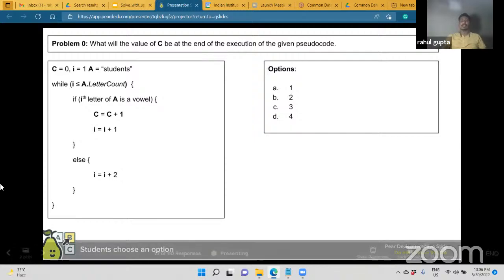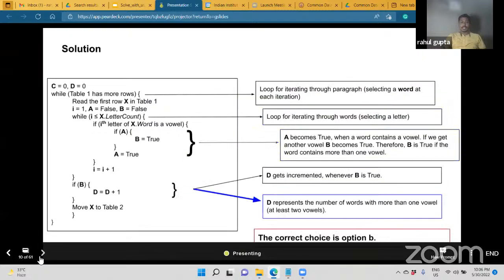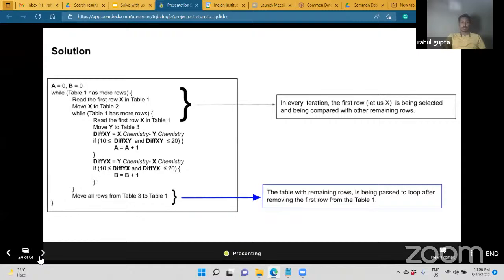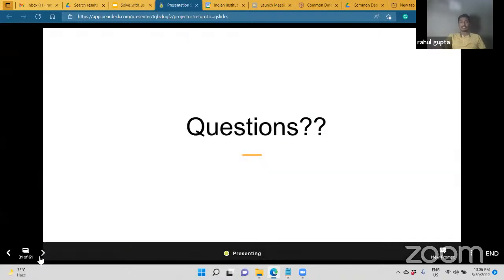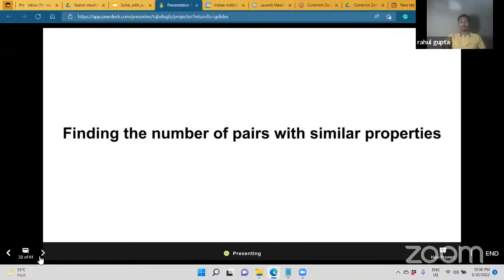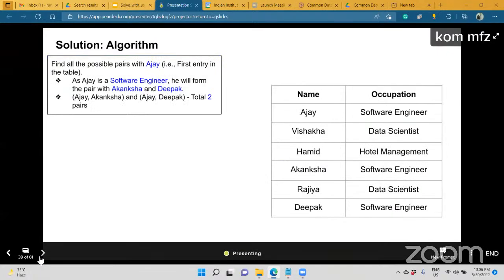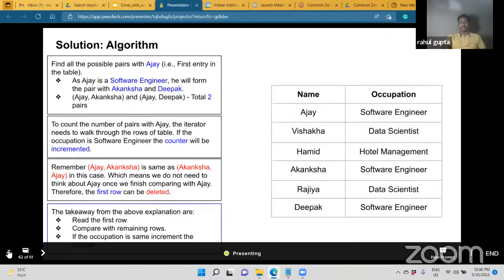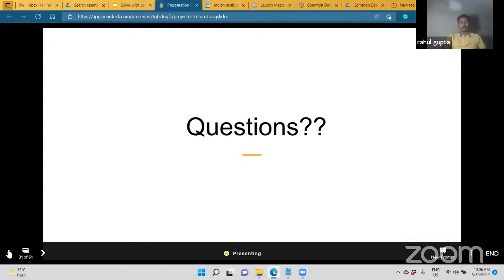We'll discuss this. Okay, I hope, other than this, everything is clear, right? I have 30 more slides for you as a reference, if you are not clear with the comparisons, and finding the number of pairs with simple properties. Please share this slide set, sir. It will be shared. You can go through it and read if you have time. If you understand, then no need to go. Now I hope this is clear.